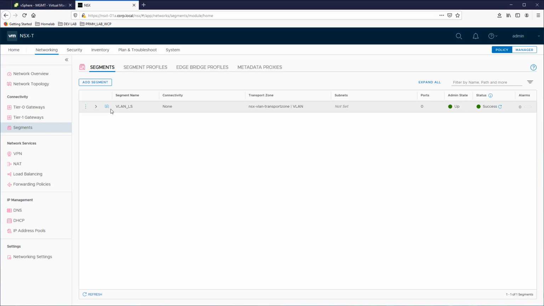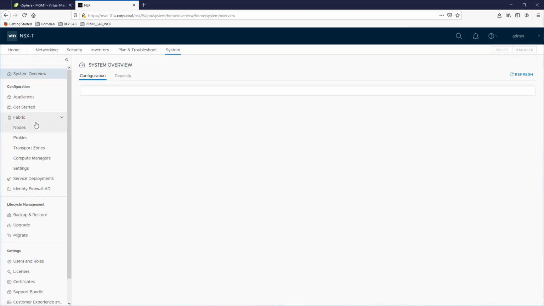Once the UI comes back up, we should see that we have a new VLAN segment. It is admin up and the state is success. We can now take a look at our progress on installing NSX-T bits to our ESXi hosts. To check our progress on the installation of NSX-T, we'll click back over to System, go back to Fabric,